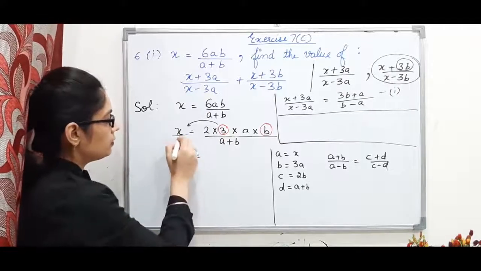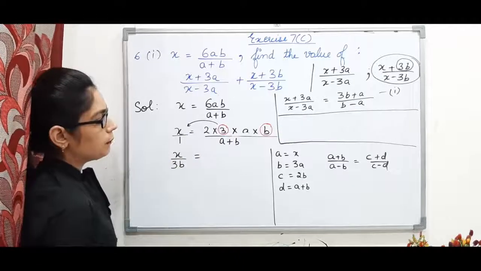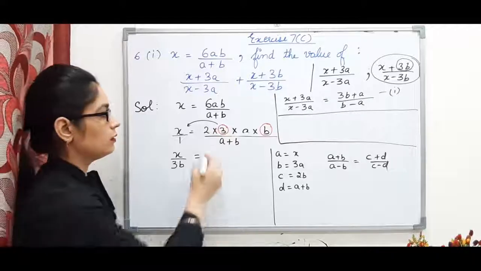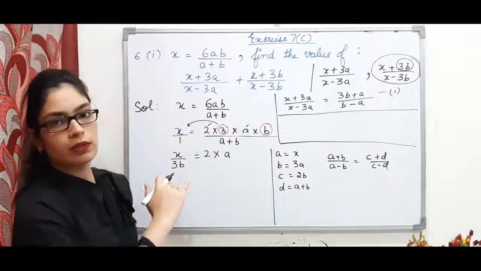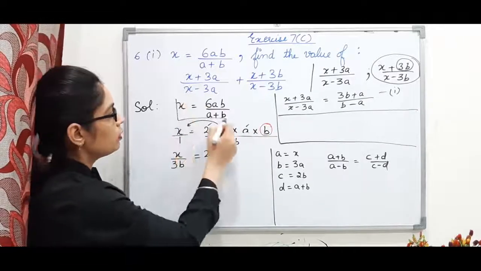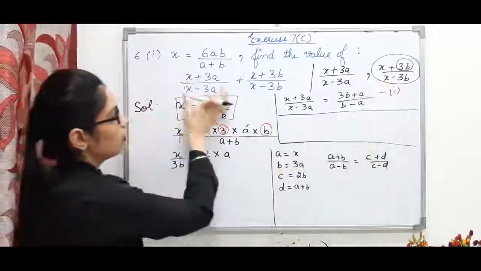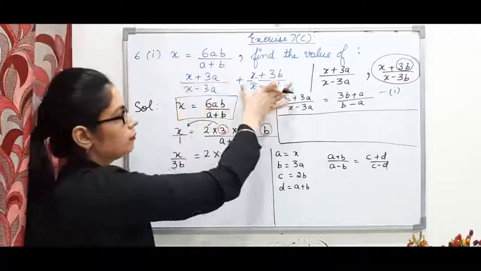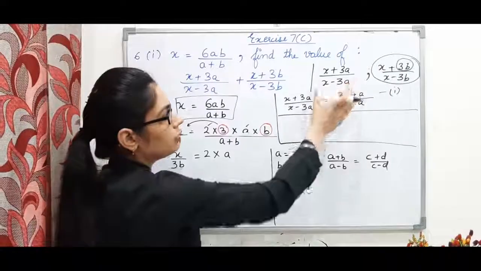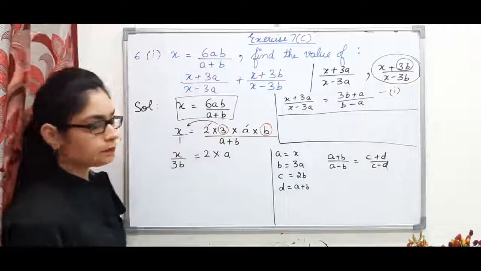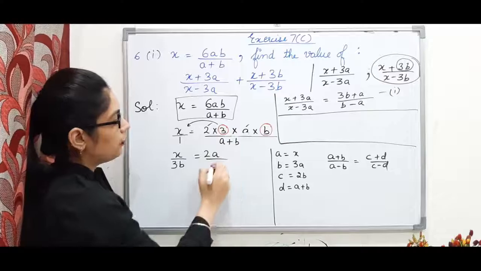See, if nothing is there with x, then 1 is there, and with 1 it will get multiplied. So x by 3b. Now the remaining terms we will write as it is, 2 into a. Only this and this, because these two we have already shifted to the other side. We are just doing this from the given thing. According to our requirement, we need the value of this expression and this expression so that we can add them and solve. I have found the value of this. Now I am finding the value of this: 2 into a is 2a, so I will write it as 2a upon a plus b.